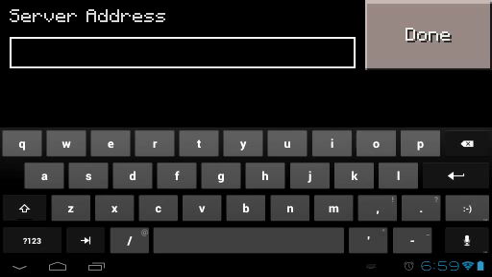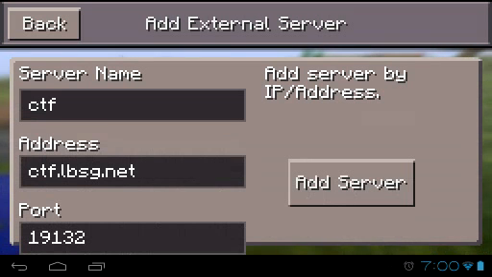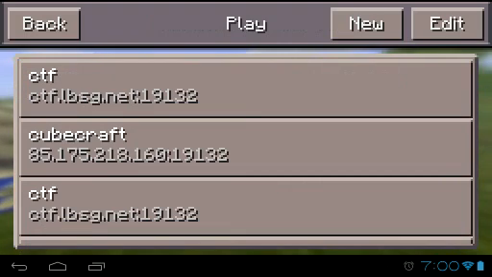So type this: ctf dot lbsg dot net and click Done. And don't worry about the port because that is a default port on MCPE 0.7.5 or higher versions. And click Add Server.